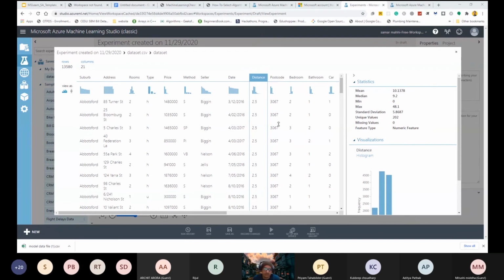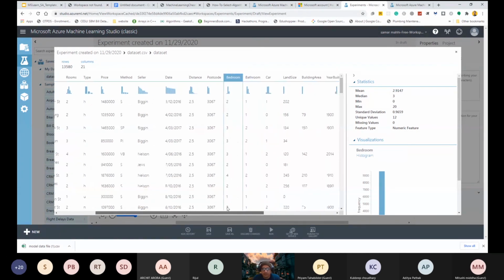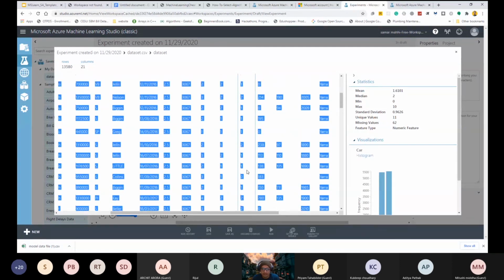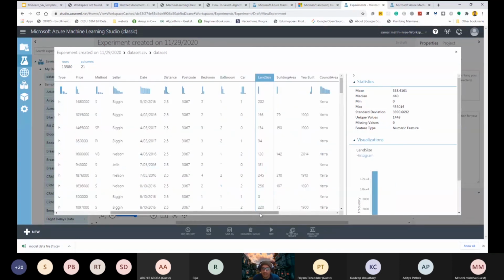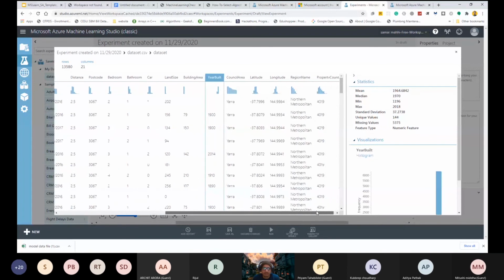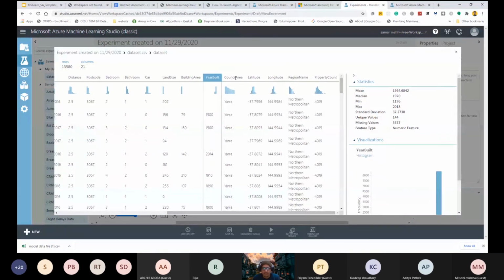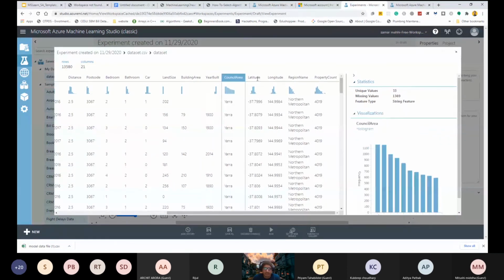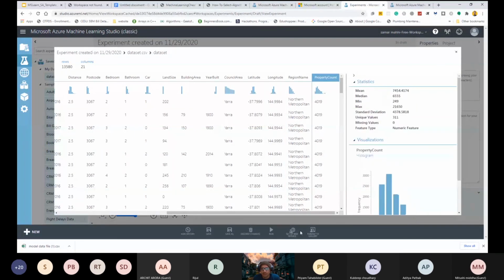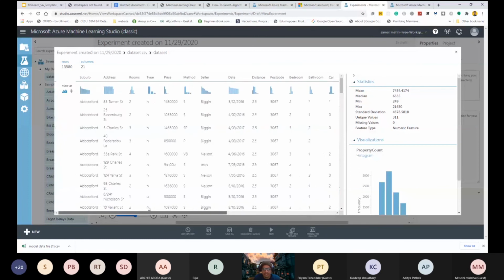Then the pin code of that particular area, how many bedrooms there are, bathrooms, car meaning the number of parking spaces on that property, land size in square meters, building area in square meters, year when the property was built, council area, who is the council at that particular area, latitude, longitude, region, and the property count. How many houses are there in that particular area? So this is all our data set.